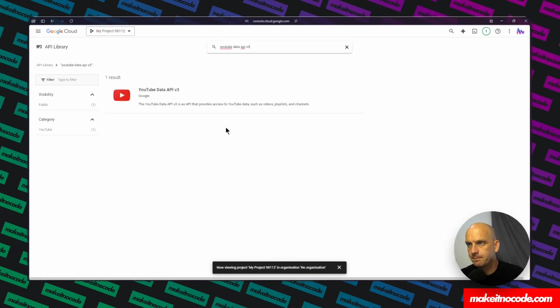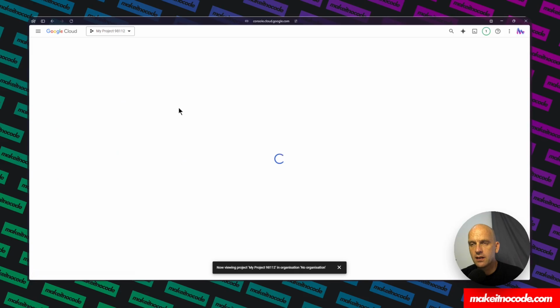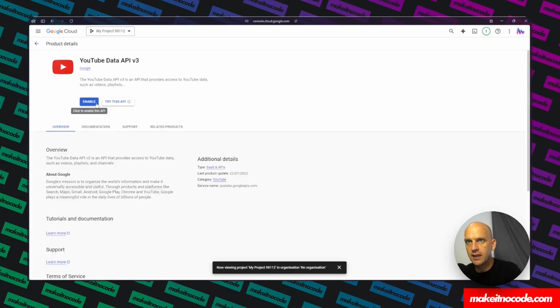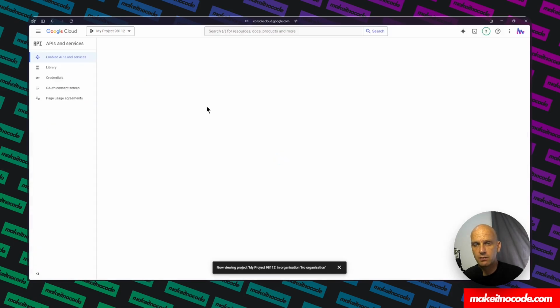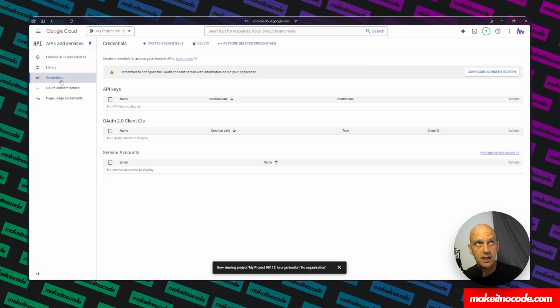Data API. Click on it, and we will enable it. So now we have access to the API inside of our Google Console. So now we can just create ourselves an API key. This isn't an OAuth 2, this is just an API key. So it's got limited access. You can't do many things like search for transcription, so subtitles, but what we can do is enough for this